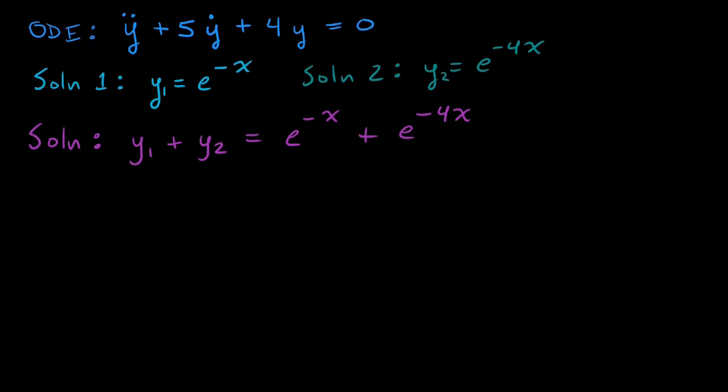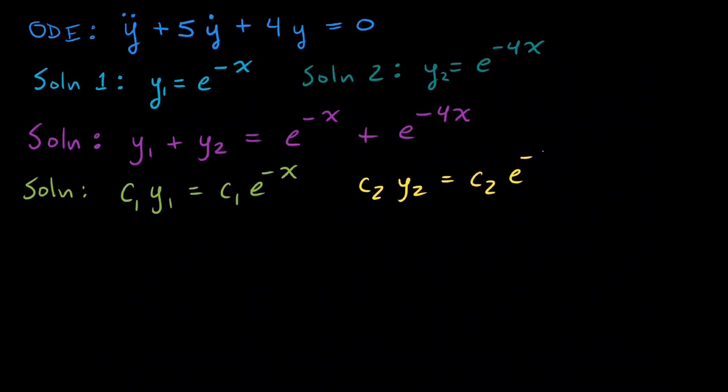So another solution would be some constant, we'll call it C1, times y1, which equals C1 e to the minus x. We know that because any constant multiple of a solution is also a solution, again, due to linearity. And similarly, C2 times y2, which is C2 e to the minus 4x,